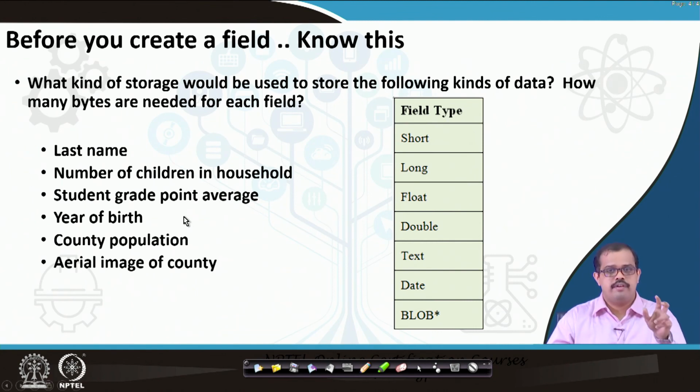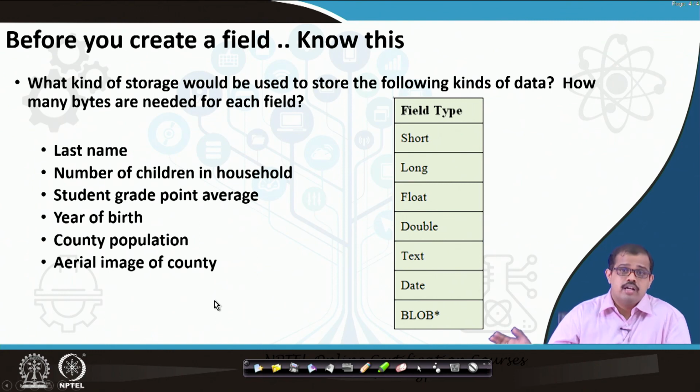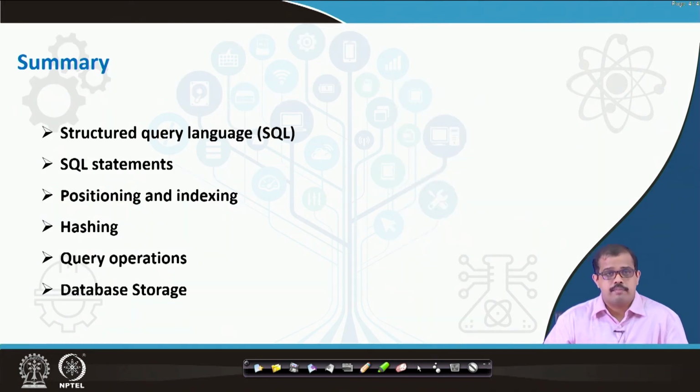Then year of birth is stored very differently. The country population is in integers; it cannot be floating point. And an aerial image of a country is in a certain format; you cannot store it in the format used in the above cases. So before you create any field, look at what particular thing you are trying to use, what the field count is, and what data you are capturing. Only then do you create that particular field. Without that it may not be very useful.